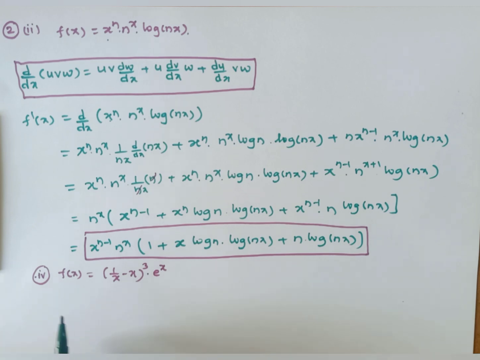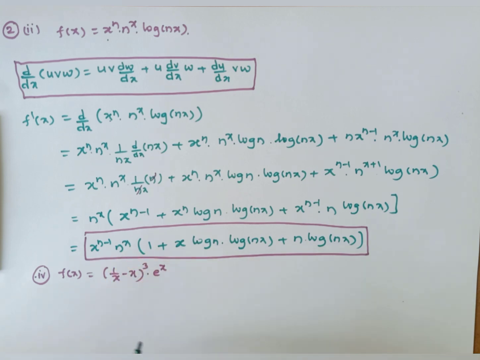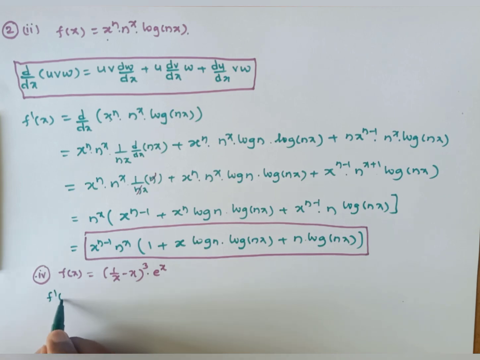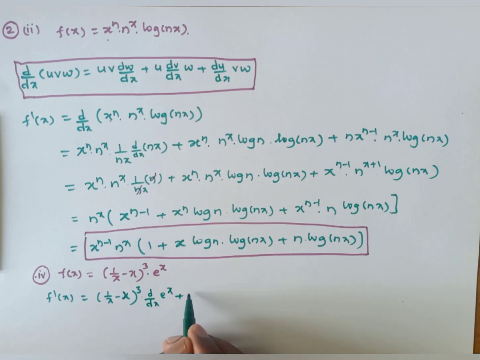Yeah, see one more problem from this. f of x equal to (1/x minus x) whole cube into e to the power of x. So this is like u into v form, u into v. So f prime of x is equal to u into v dash. So here we can write it as (1/x minus x) whole cube into d by dx of e power x, plus e power x constant. We'll see now d by dx of